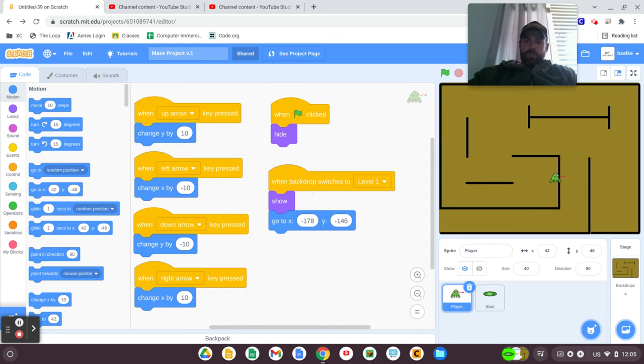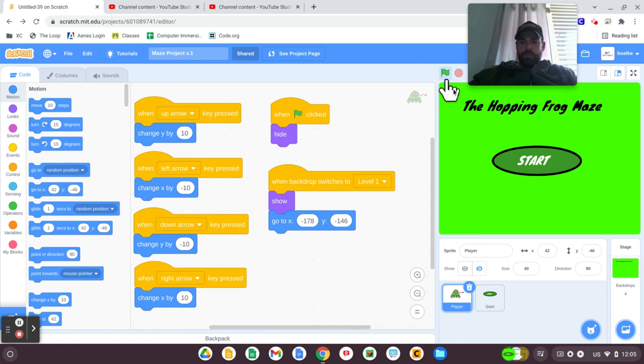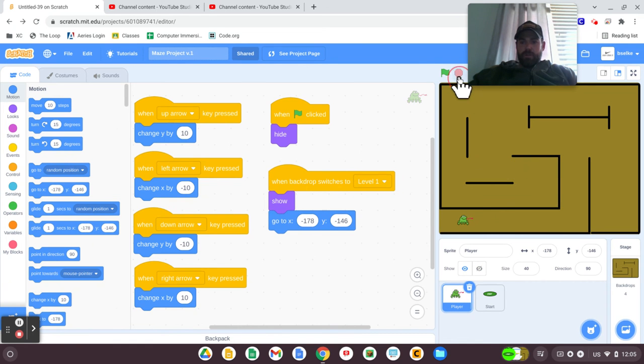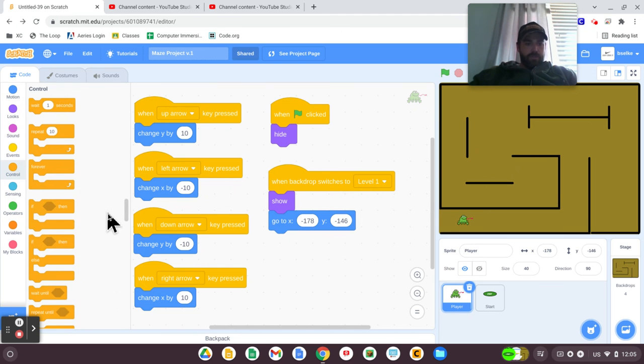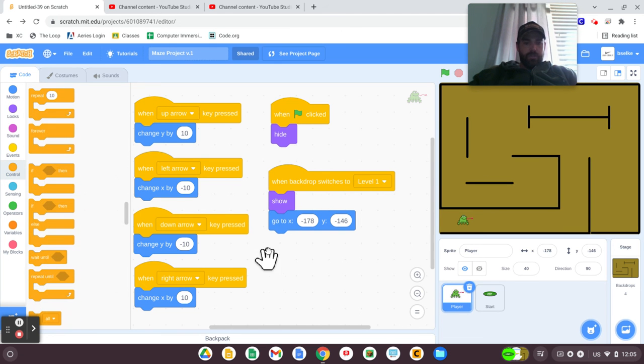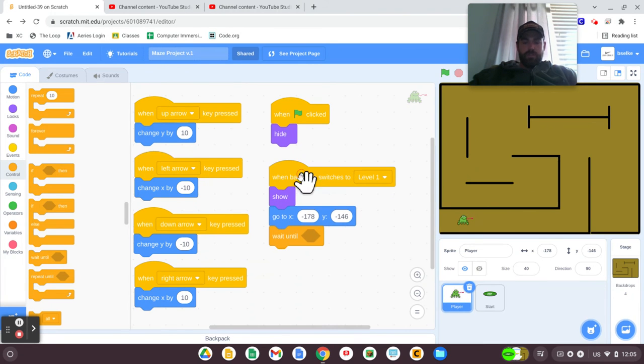But now we're going to make it so that if we touch this line, it's a dangerous line and sends us back to the start. So once again, we're going to click the green flag, and we're going to make sure the game is stopped. You're going to go to control, and you're going to get a wait until block. We're going to try not to use very many forever blocks in this game series because it can make the game a little laggy. But we're going to say wait until